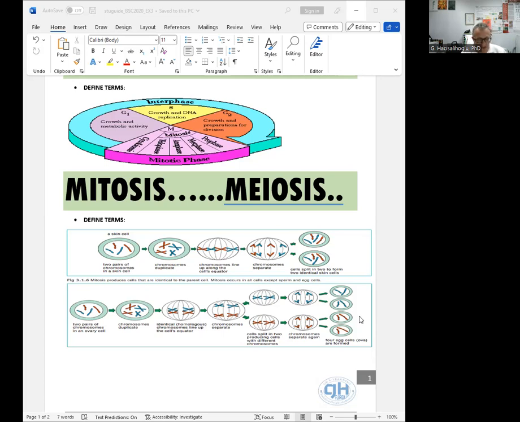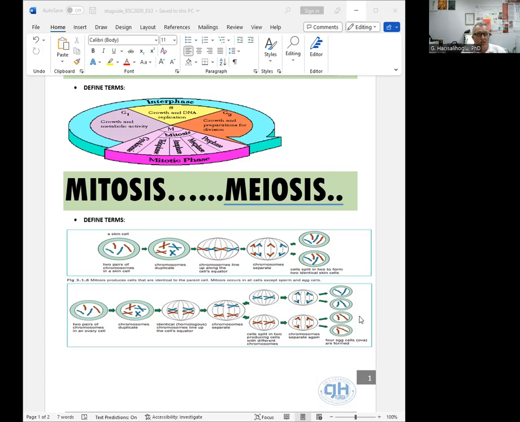Auto means self, di means two, fertile means fruitful, haploid means single, homozygous is like a pair of like chromosomes, karyo is nucleus. So make sure you pay attention to these words and make vocabulary flashcards. Study these two chapters. They are not very long, and in the coming class, we are going to do a bigger review and go over some sample questions I will ask you, and you can also ask me questions related to these two chapters.